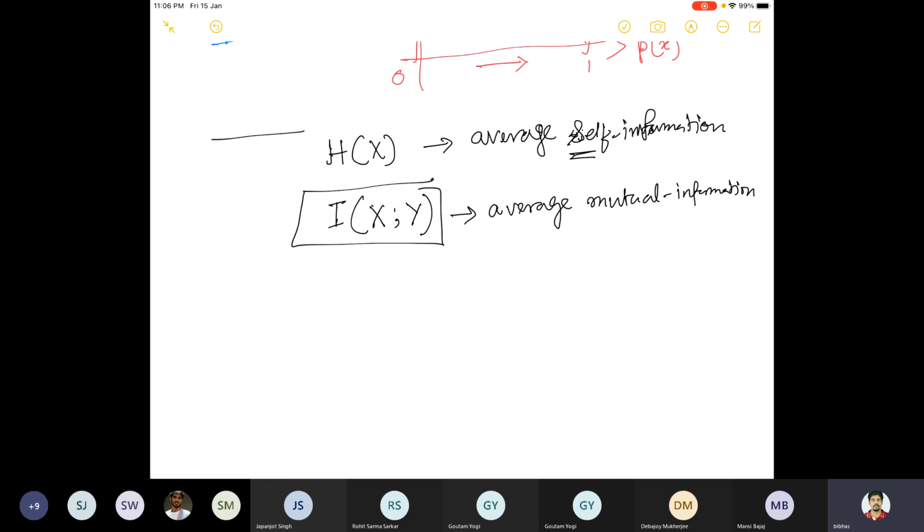If somehow I could quantify, which here I define in terms of mutual information, then I can build up all these concepts. And once I build up all this mathematical concept, then I can try to relate whatever new definitions I have created based on my intuition, and how these concepts are related and whether they can be implemented or useful in order to build up other concepts which will be useful for information exchange or information processing.